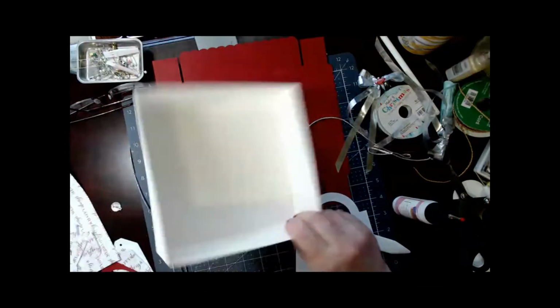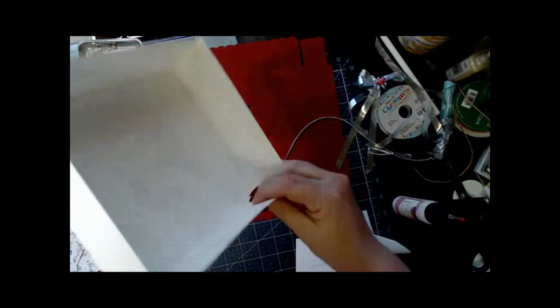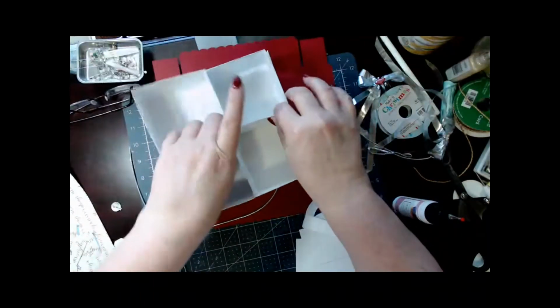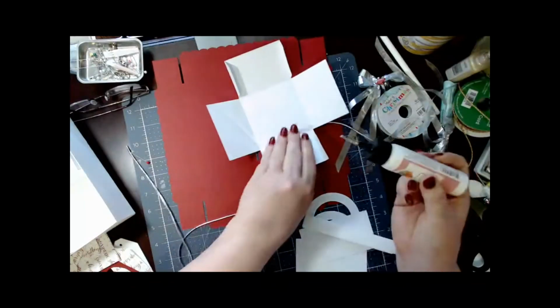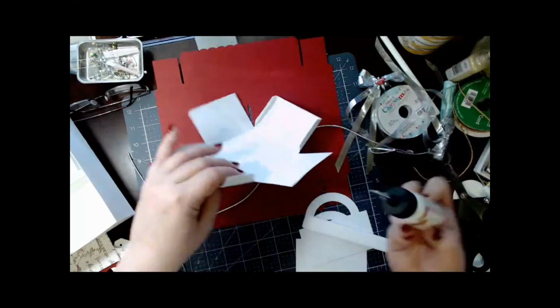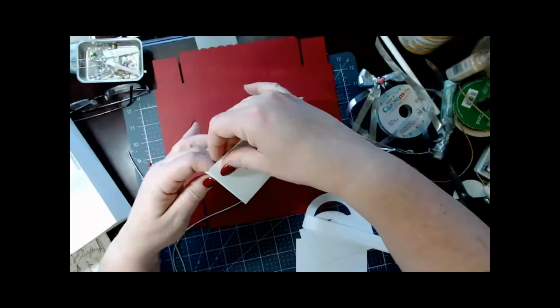Now I've gone ahead and put together the base of the box, and all that is fold on the scores and glue the 4 tabs inside. And you can see those there. And same thing with these boxes. I left one so that you could see the base of the box goes together the same way. It just has square tabs instead of these shaped tabs. So you're just going to glue, fold on all your scores, and then you're just going to glue